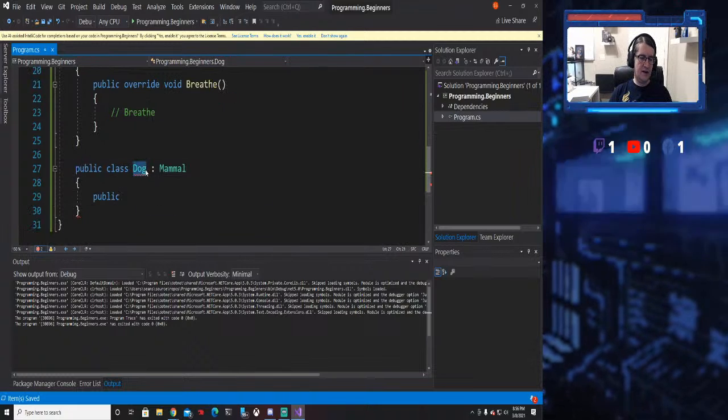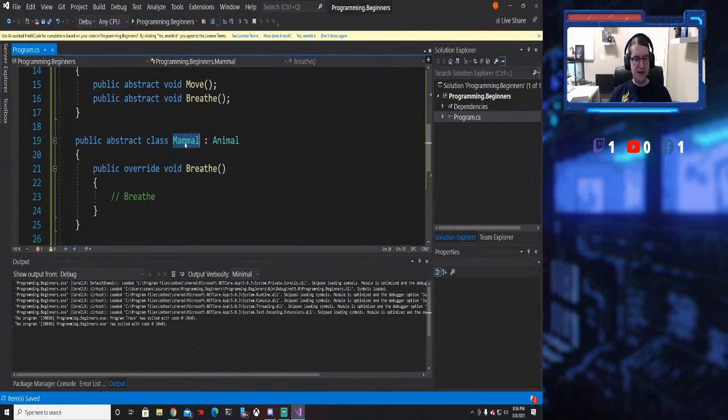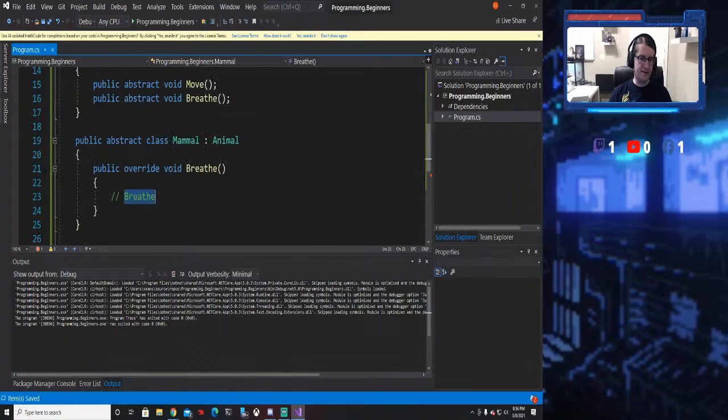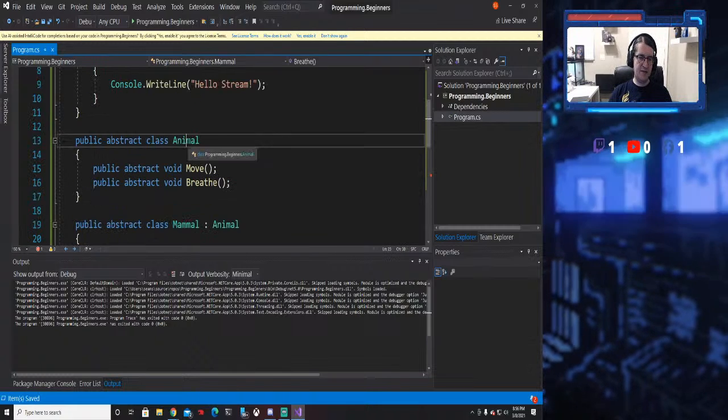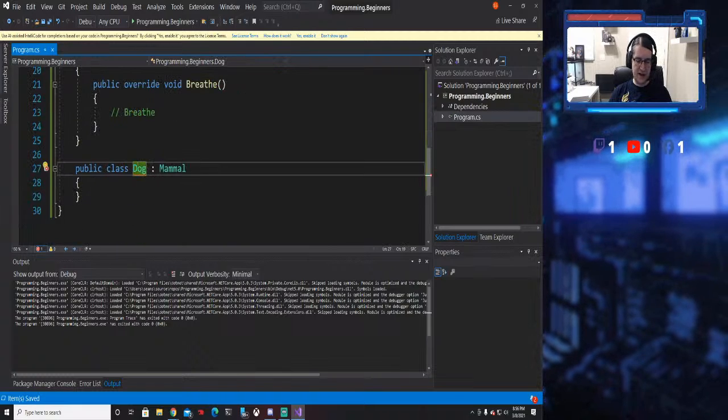And then I implemented breathe in mammal, and so I'm going to be able to access that inside a dog. I don't have to rewrite this. It's already done. But because I'm an animal, I know I have to move and breathe. Breathe's already done for me, but a dog has to move,